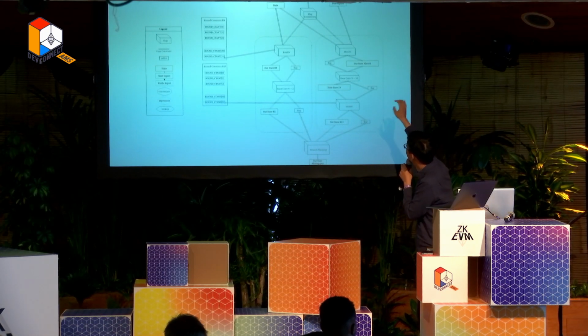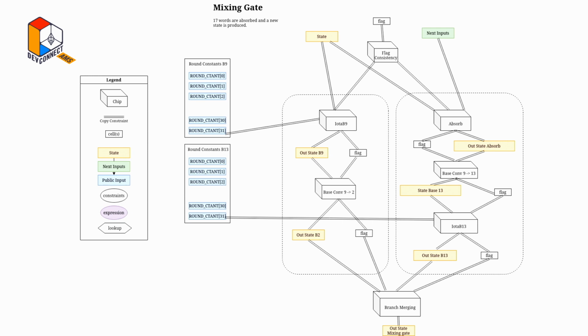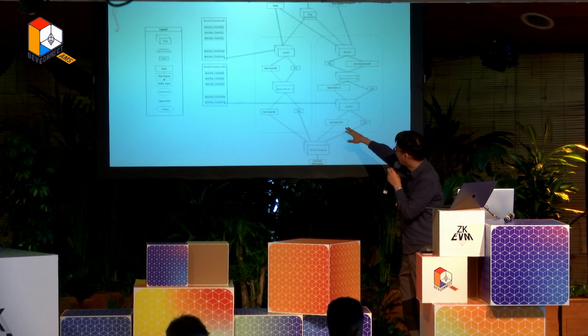On the right-hand side, we have to absorb the input into the output state, and then we convert it from base 9 to base 13, and then we add the iota, the round constant, at the end of this step, because we're reusing the previous A XOR, like B and C and D. We use that D for the next input and iota, and then we get the output state B13,